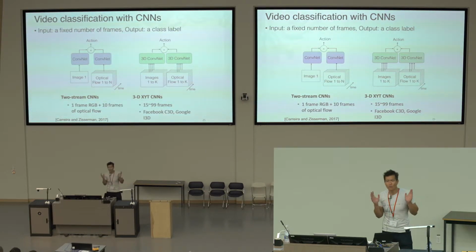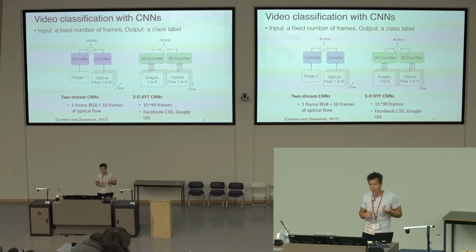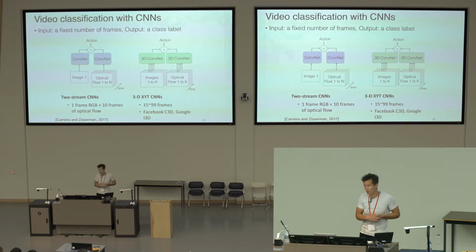Right, so those two representations are each developed often with their own convolutional neural networks and then are fused in some way, this plus symbol used to denote some sort of fusion operator such as concatenation, which will take these streams from images and streams from optical flow, fuse those together in order to figure out what's happening in a video sequence. And there are lots of varying architectures that are built that are either processing frames individually or taking blocks of K frames and analyzing those collectively as a whole.